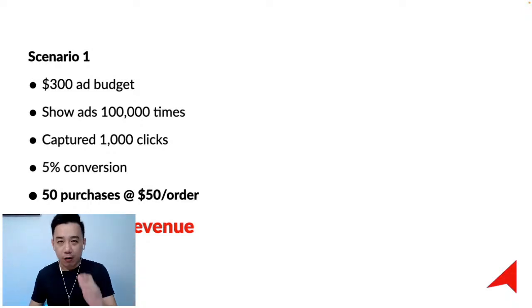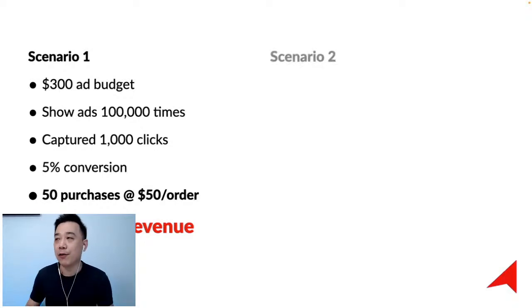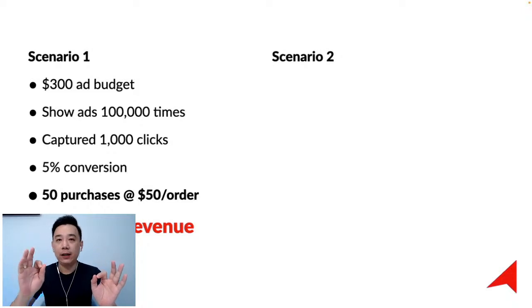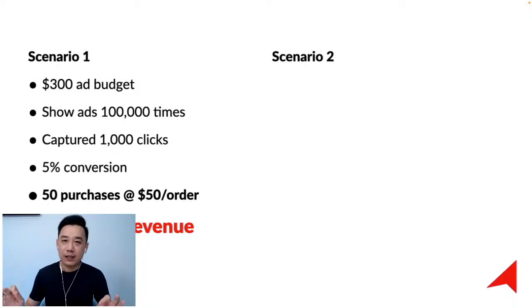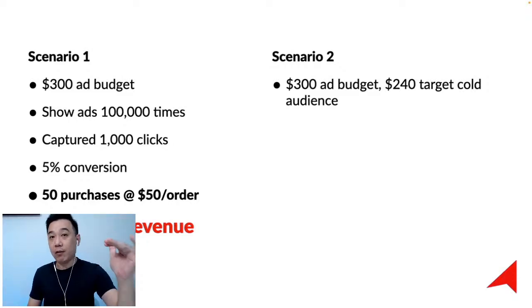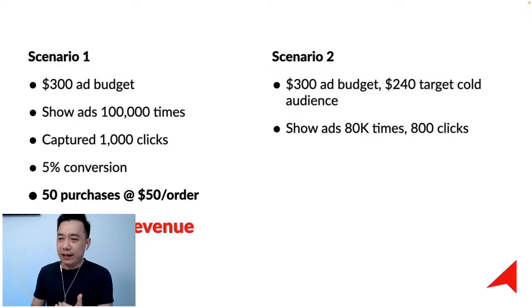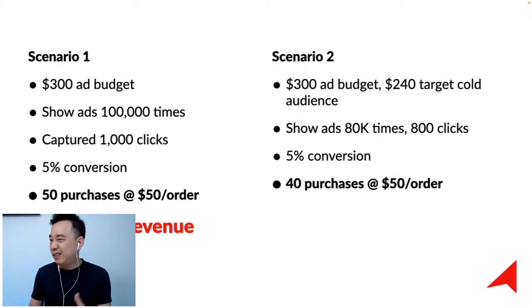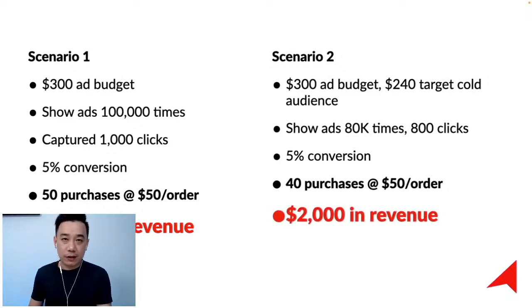Now, before we talk about scaling, I want to quickly give you the other scenario, which is the second scenario. Now, I did mention that we're going to spend the same amount, which is $300, but we will break it according to a ratio, which is 80-20. 80 on tier 1, 20 on tier 2. So 80% of $300 is $240, correct? So we will spend $240 on tier 1, okay? And then that will show our ads about 80,000 times, and we will probably get about 800 clicks, granted. Fine. So out of these 800 clicks, 5% of them converted. Cool, right? Now, let's say that will make 40 orders and I'll make 2,000 in revenue.